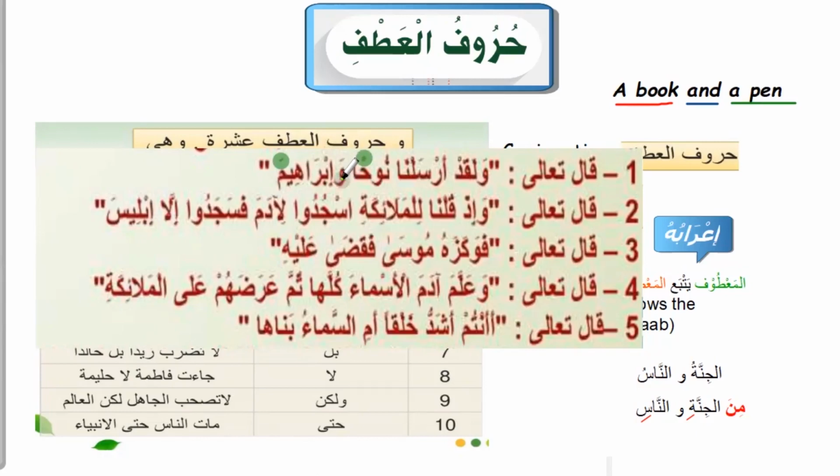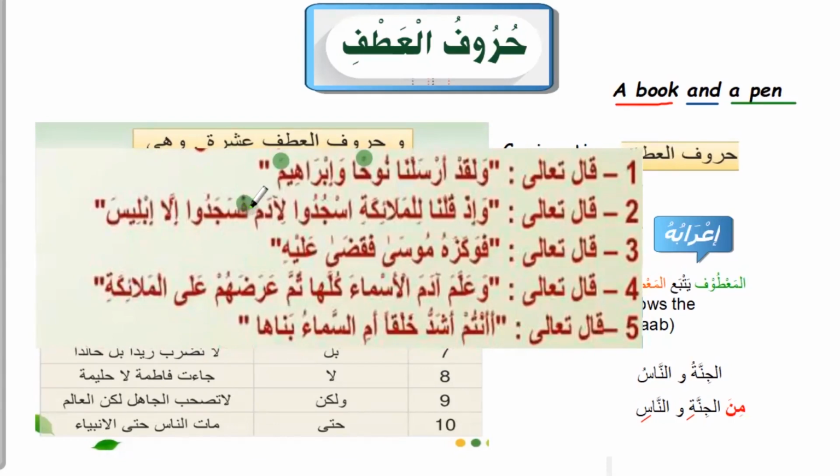So when the harf al-atf is joining these two words, the first one is what we call the ma'tuf alay. Here Nuhan is the ma'tuf alay. The i'rab of it here is mansub, so definitely Ibrahim will also be mansub. I hope that is clear. Okay. Then the second one is qulna lil malaikati isjudu li adama fasajadu. This is harf al-atf, fasajadu. We have seen this previously, when Allah told the angels, wasjudu li Adama, prostrate to Adam, fasajadu,